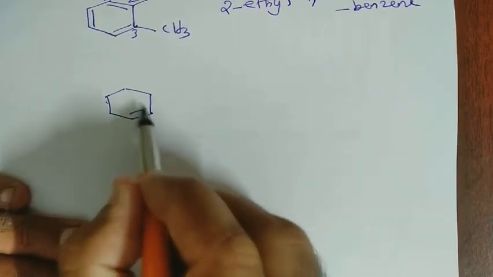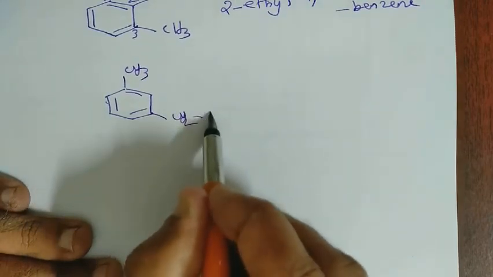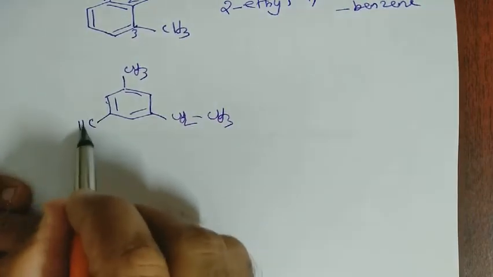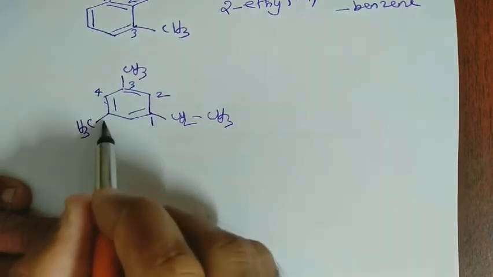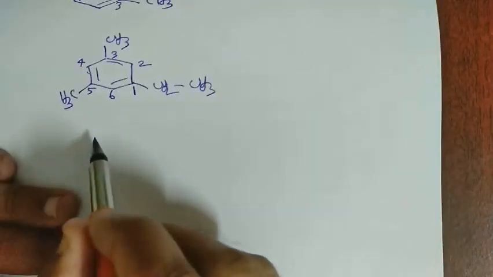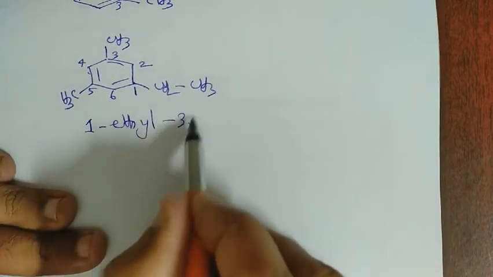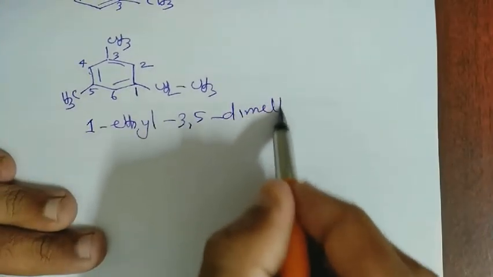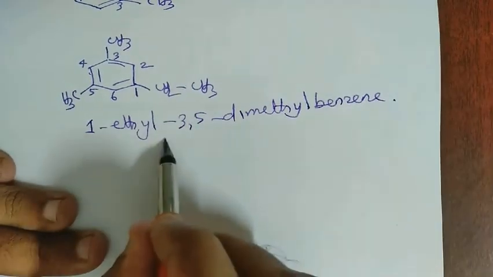If the lowest sets of locants are identical, then alphabetical order is followed. This compound should be numbered like this. Hence its IUPAC name will be 1-ethyl-3,5-dimethylbenzene. If there is more than one functional group, one of them is taken as the functional group based on a priority sequence,